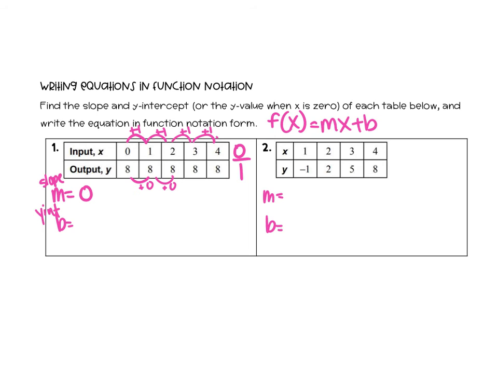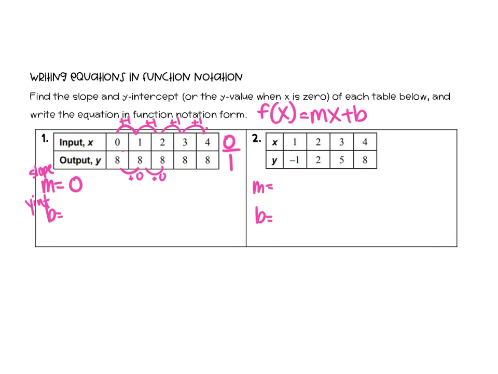And b for my y-intercept is where x is 0. So that's where the line will cross the y-axis, and where x is 0, y is 8. All right, so now I'm just going to plug in to my equation. So f of x equals m is 0, x plus b is 8. And you want to write this in simplest form. So since my slope is 0, well, 0 times anything is 0. So I can actually just remove that completely and have f of x equals 8,